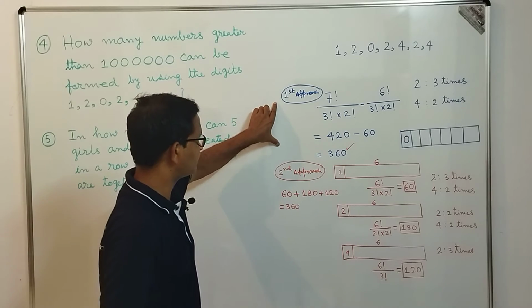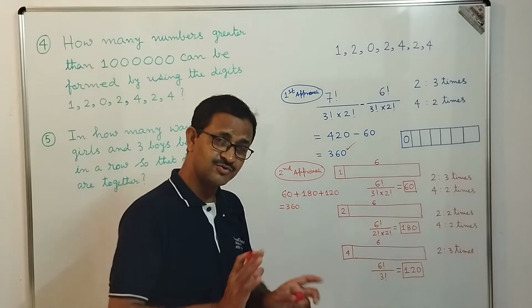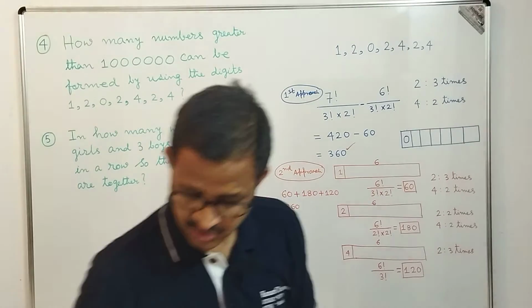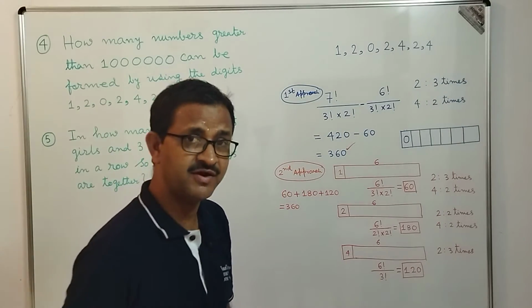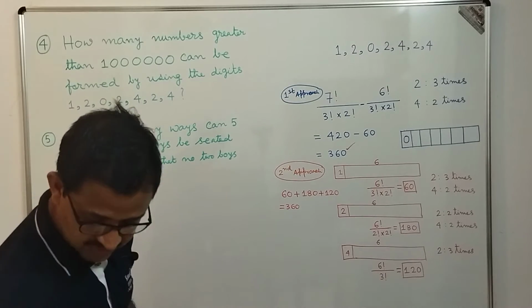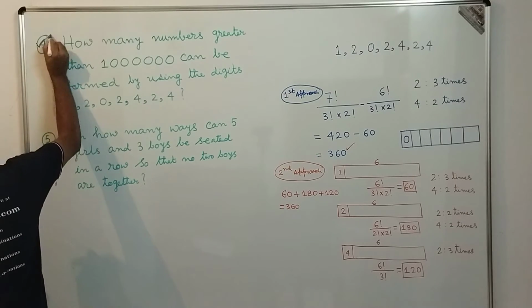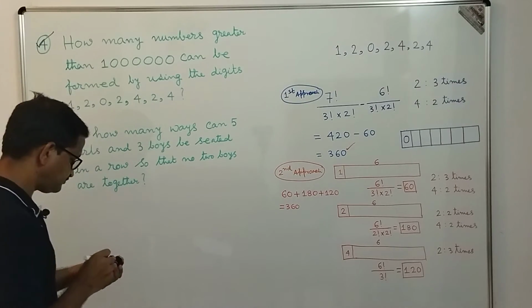That was the first approach, the easiest approach. The second approach I also discussed, just as I explained earlier, that we should approach a question in different ways to have our clarity. Now let's concentrate. So we are done with the fourth question. So now let's concentrate on the fifth question.